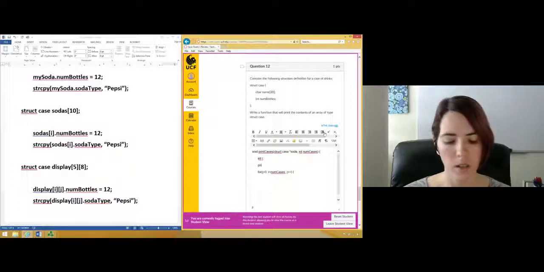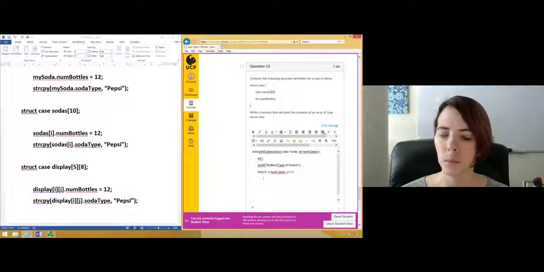We could, for clarity, add in a little bit of a header since we know there's probably more than one here. Then there's going to be a number of bottles and a type of drink for each of these. So we can make a little header for that. And then inside our loop, we'll print out those matching pieces of information, the number of bottles and the name of those